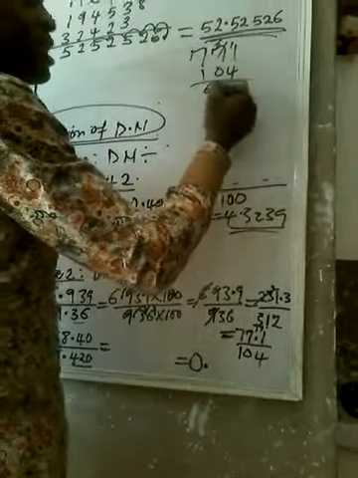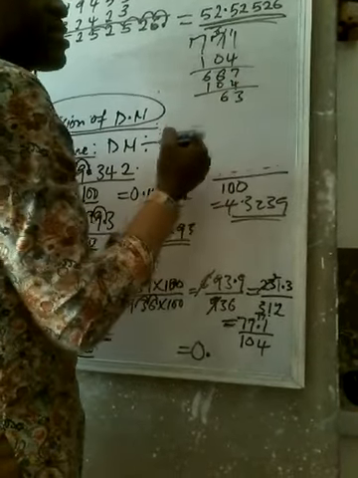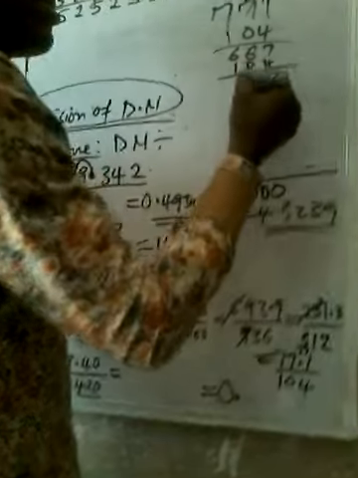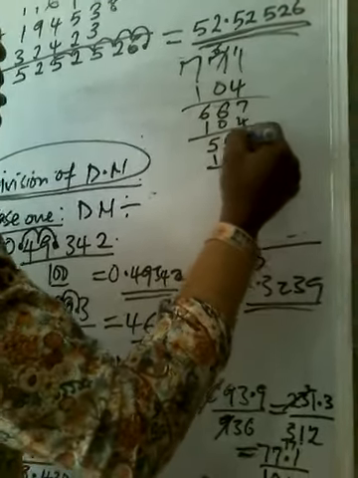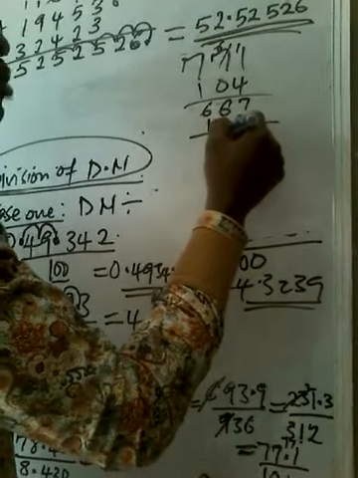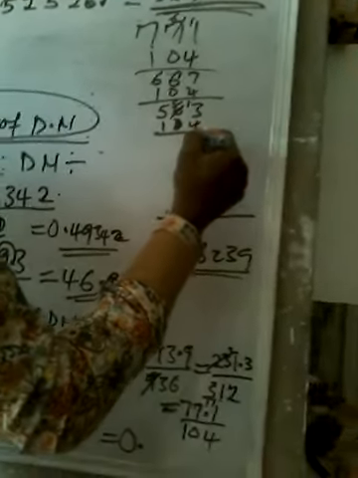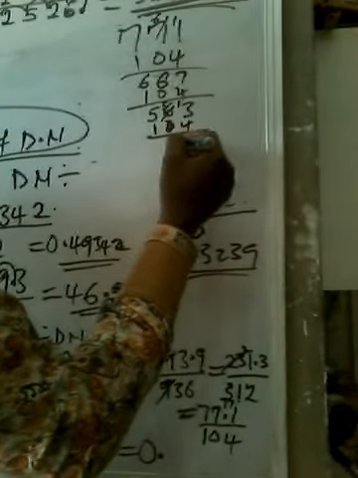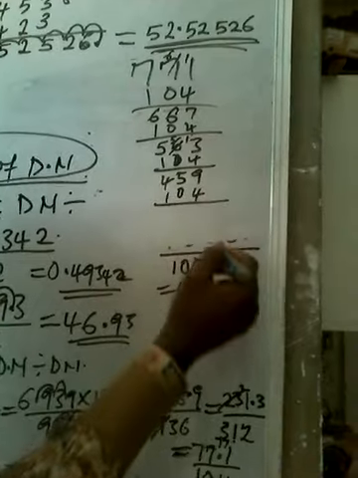Just continue to subtract. Another 104 here. You have 3, you have 6, and then you have 5. Another 104, subtract. Take 1 here, and then this one remains 5. You have 13 minus 4 will give you 9. 5 minus 0 is 5. And this is 4. Another 104. Subtract again.